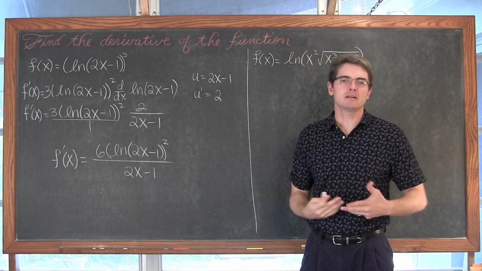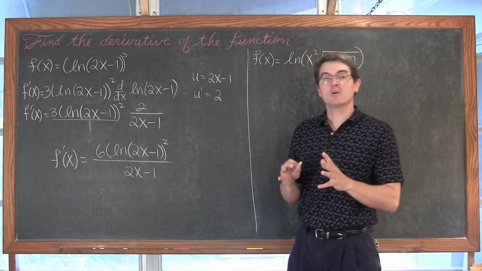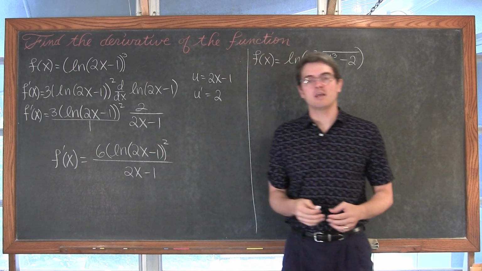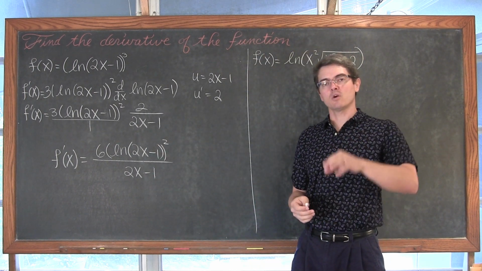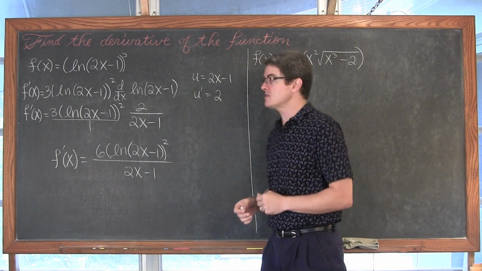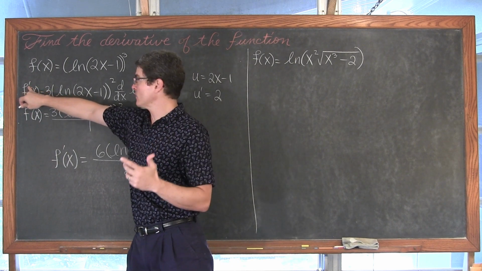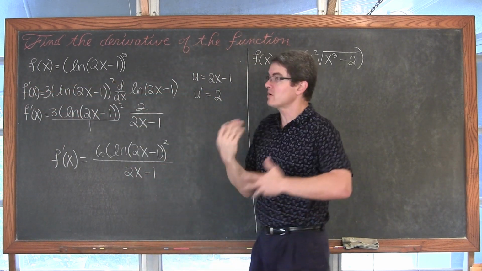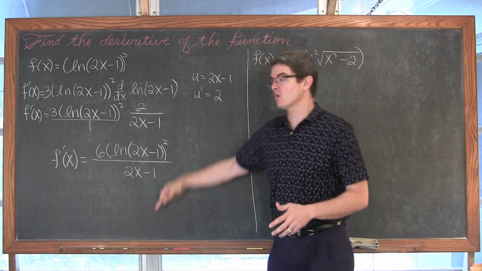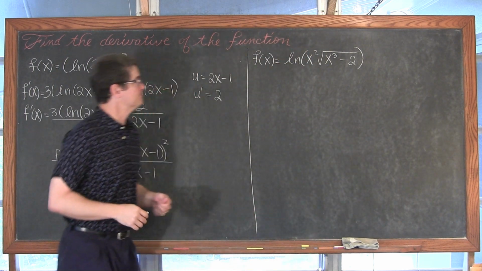Sometimes when I'm talking and thinking and writing at the same time, I make small mistakes. I try not to get sloppy or careless, but these are going to get longer and longer as we go through these examples, and you need to be very meticulous with your work, showing every step. It's going to reduce the amount of small or careless mistakes that you make. And me forgetting to write that f prime, or that derivative of f, on the line where I started working out the derivative, I could have done many, many lines of work and lost track of where I was and put the wrong notation somewhere and have a wrong answer.